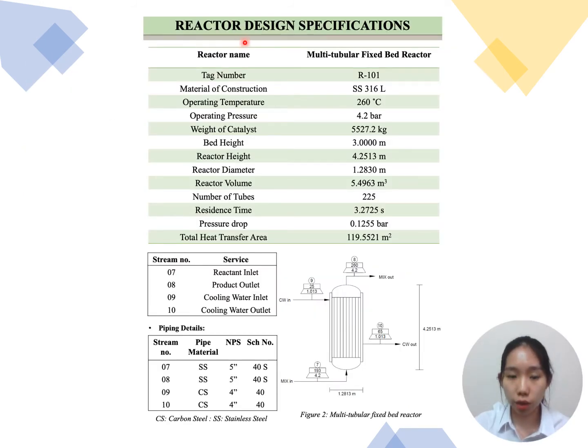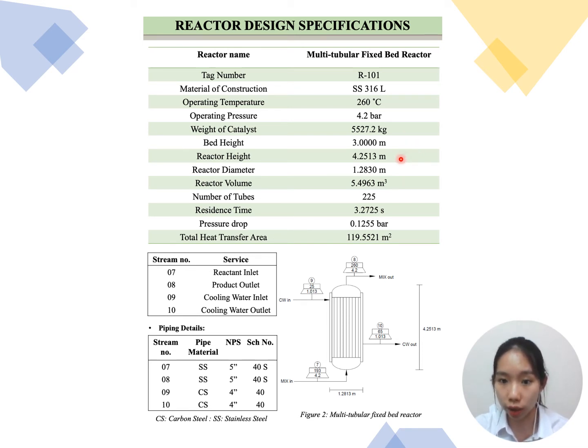Thank you, Alia. So now we are in the reactor design section, and here we use a multi-tubular fixed bed reactor, which is commonly used for a highly exothermic reaction like ours, and we decided to construct it with stainless steel, which offers a higher resistance to corrosion. And after our calculation, we have obtained around 5,000 kg of catalyst, and reactor height and diameter of 4.25 meter